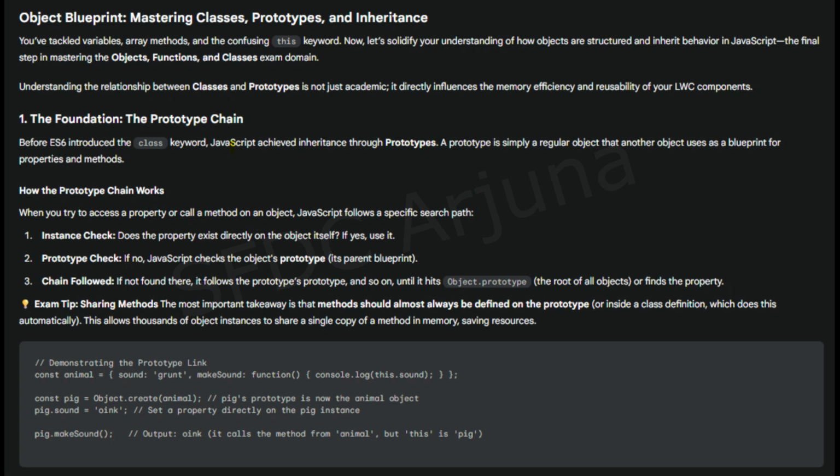All right, based on the sources you shared, our mission today seems pretty clear. We need to really get our heads around classes, prototypes, and inheritance in JavaScript. Yeah, exactly. This is sort of the final piece of the puzzle for JavaScript's object model, right? Objects, functions, and now classes. And getting this right directly links to memory efficiency, which is super important for things like Lightning Web